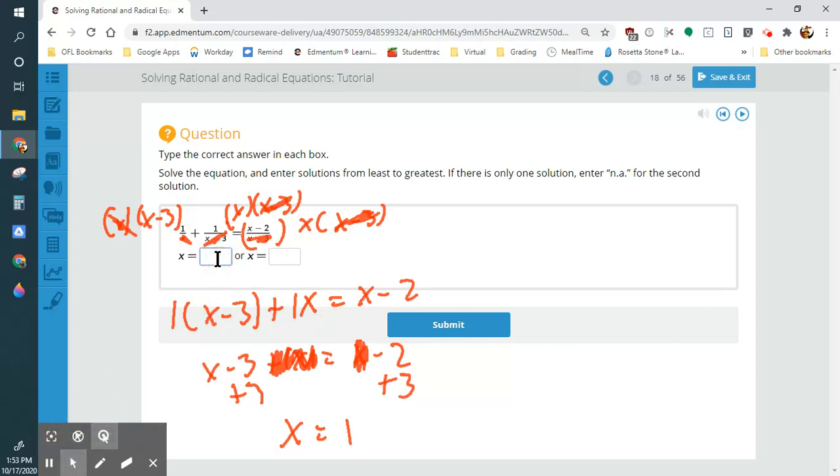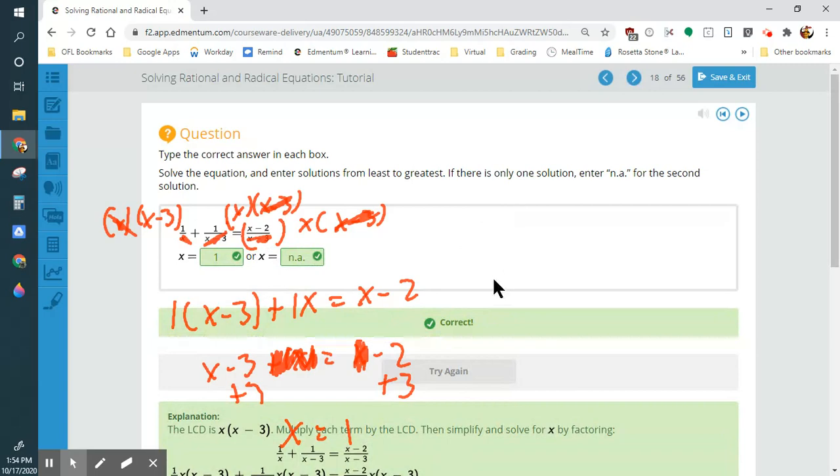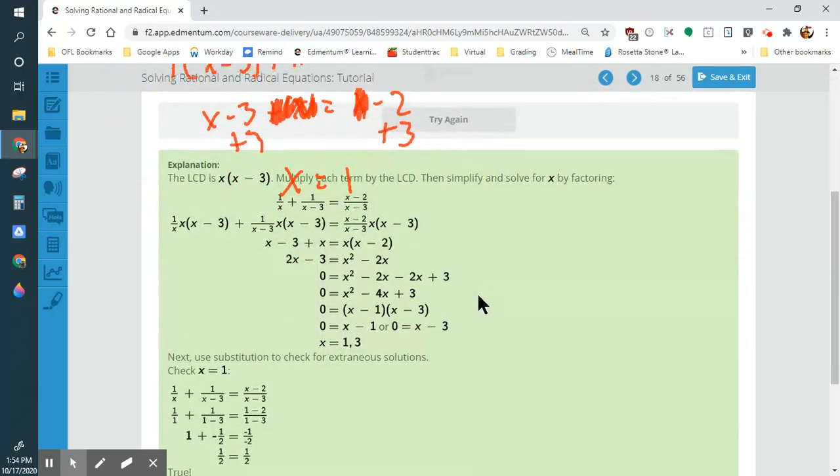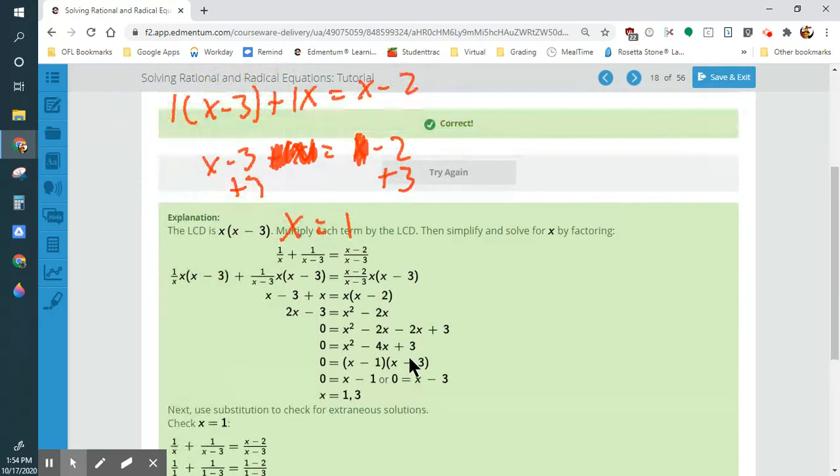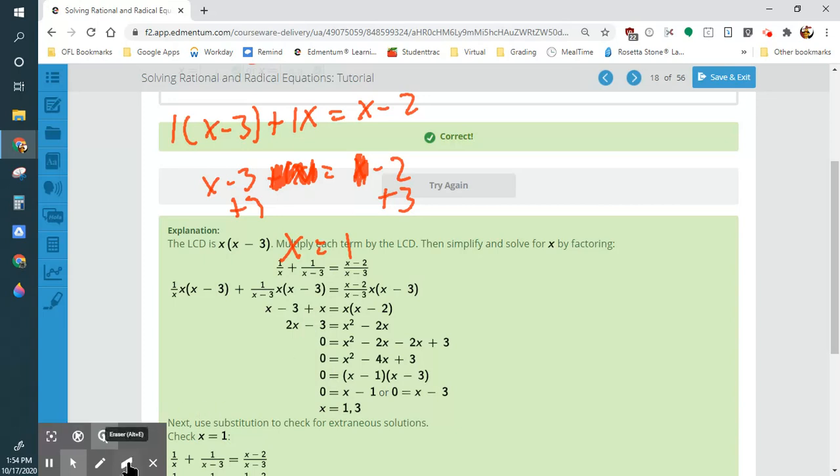So here I end up with x equals 1. And because there's no other solution, it looks like I'm just going to put not an answer here. And I think the whole purpose of this question was for you to be able to do that, not an answer. Another technique that they're doing here